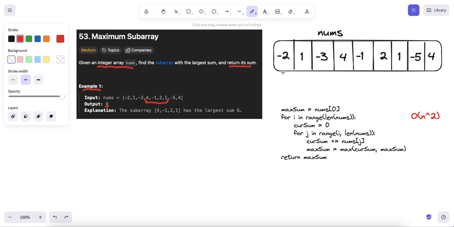The brute force approach for this problem would be to find every possible subarray in this nums array and check to see which subarray has the largest sum. In order to do this, we would have to find first every subarray which starts with the -2. So we'd have the -2 itself, -2 and 1, -2, 1, and -3, -2, 1, -3, and 4, and the same for every number up until reaching the end. Then we would continue on and find every subarray starting with the 1. So we'd have the 1 itself, 1, -3, 1, -3, and 4, and the same thing for every other number